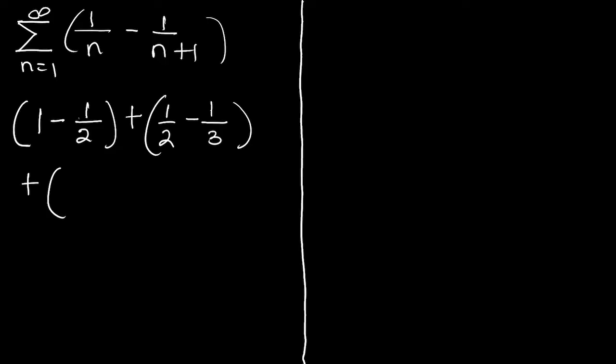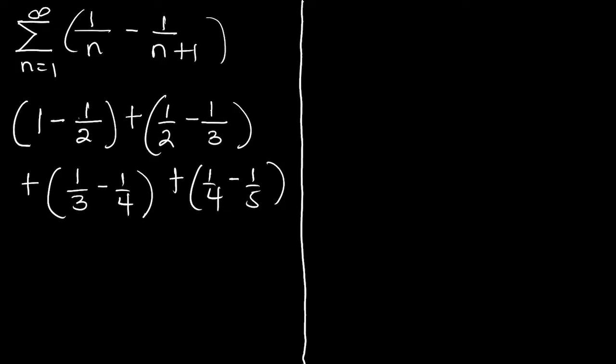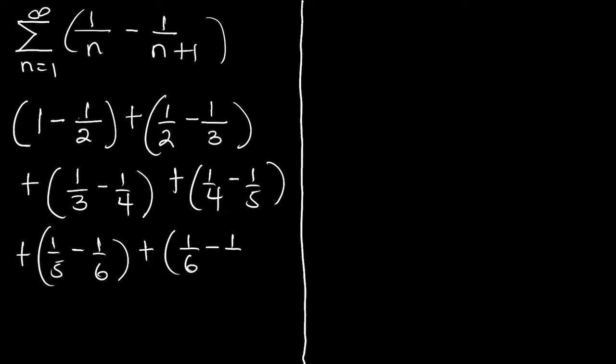So we are going to have 1 over 3 minus 1 over 4 plus 1 over 4 minus 1 over 5 plus 1 over 5 minus 1 over 6 plus 1 over 6 minus 1 over 7. In that order. Plus 1 over 7